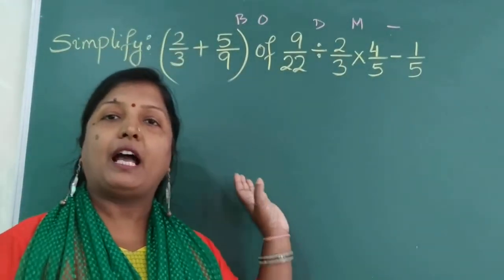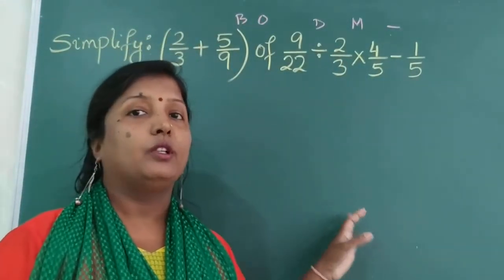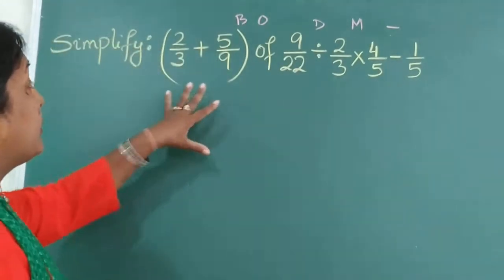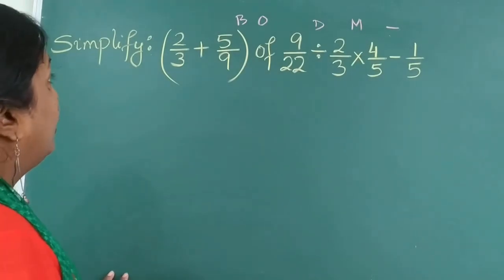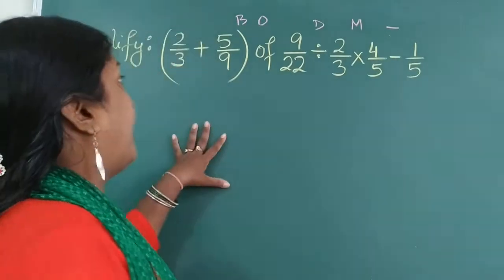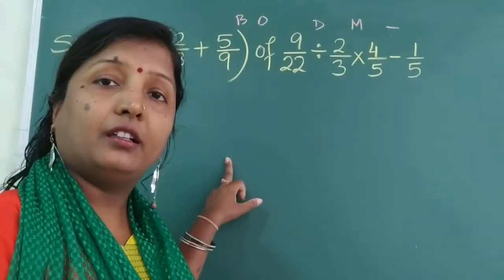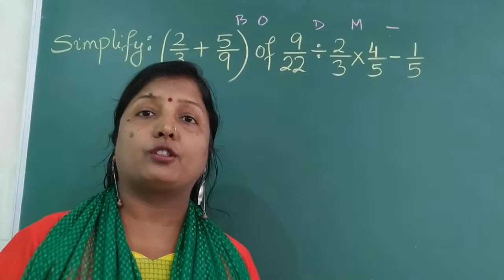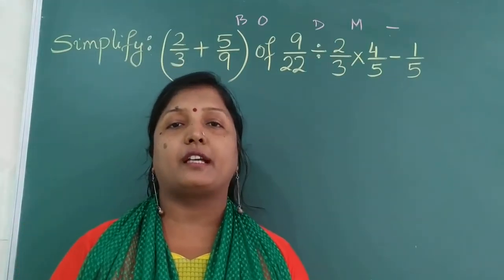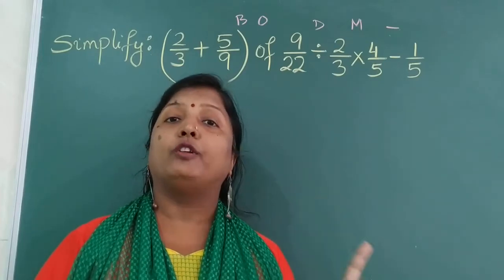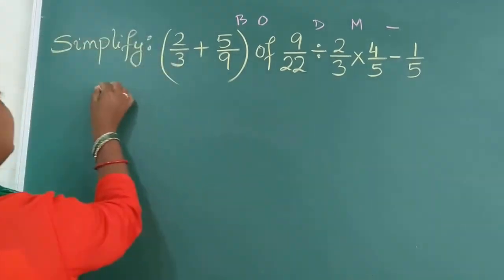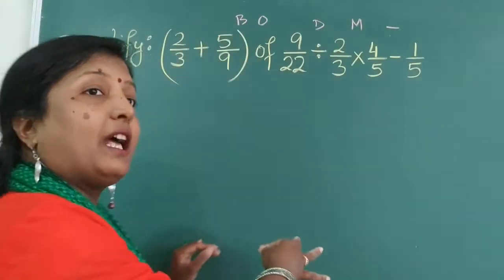So a bracket will have some operator, but now see what we are using the rule for solving this. To solve this number, you are told that first you have to solve the bracket. But in the bracket there is an addition sign. So is it like we should do it afterwards? No. When you are told bracket first, whatever operator is inside the bracket doesn't matter. You will first solve the bracket. Now what about the other numbers? The other numbers are to be copied down as they are.